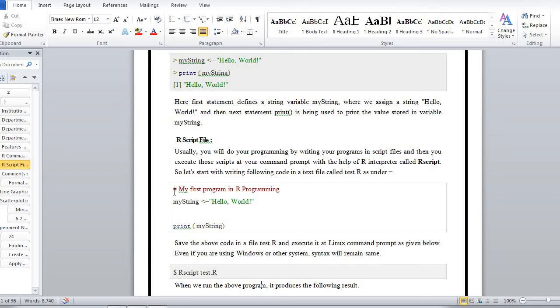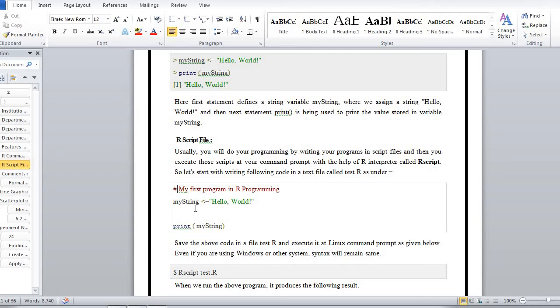Just as in C, where you give a comment using double slash or slash star, in R if you want to give a comment, you use hash. So this is my first program in R programming, and then hello world is assigned to MyString and printed.